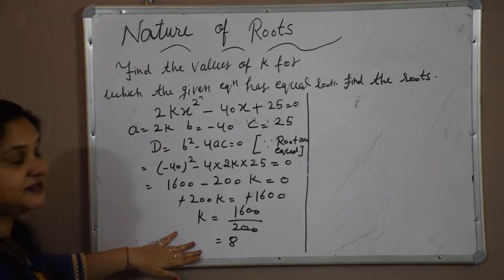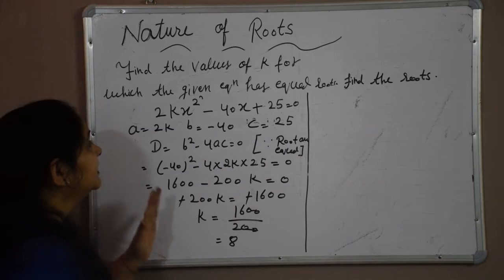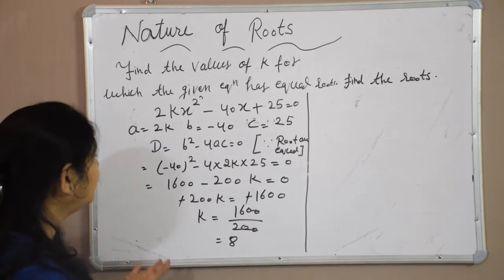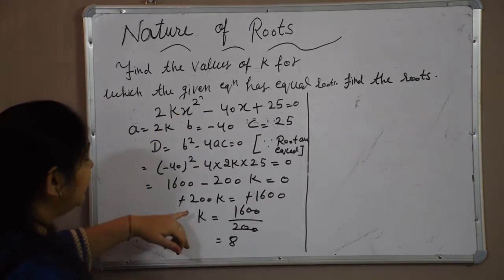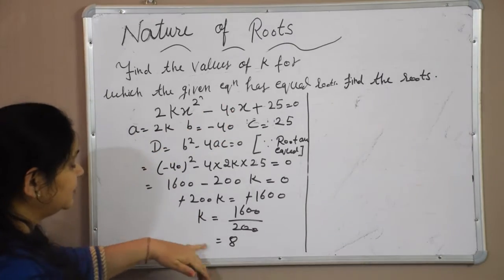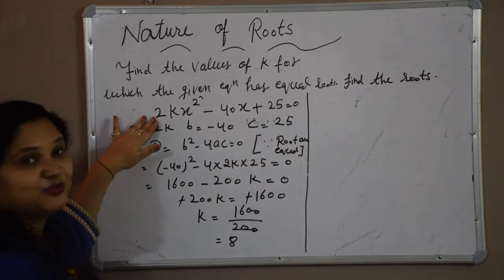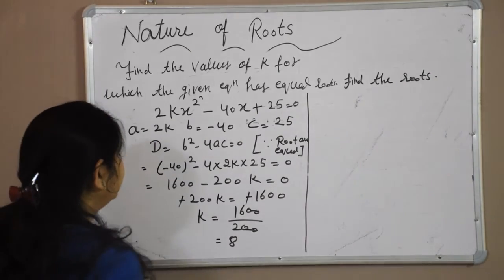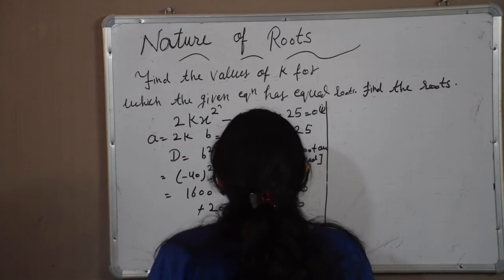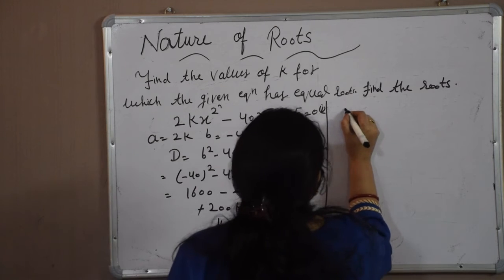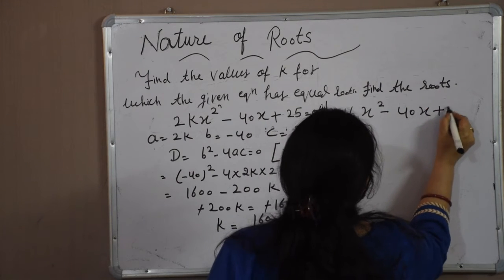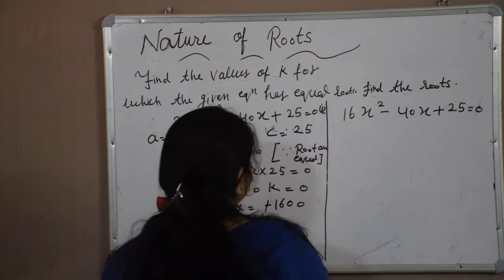Till here we know the method, but now they are asking one more thing. First of all, we need to find the value of k and then we have to find the roots also. Now how can we find the roots of this equation? With the unknown quantity k we can never find the roots, but whenever we know the value of k, we will put the value in the given equation and then find the roots. Now k is 8, put this value in equation 1. Now k is equal to 8, apply in this, we get 16x square minus 40x plus 25. We are just putting the value of k equal to 8.